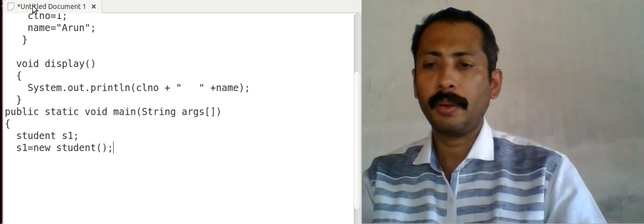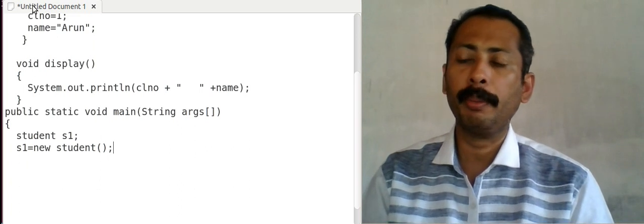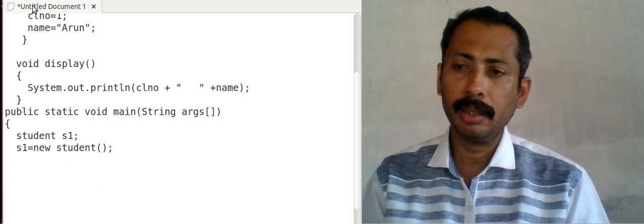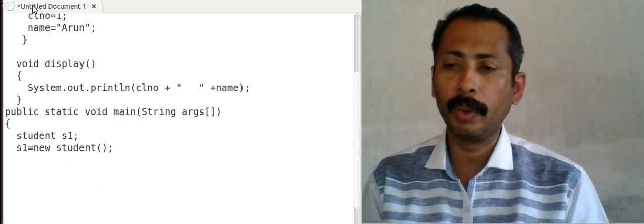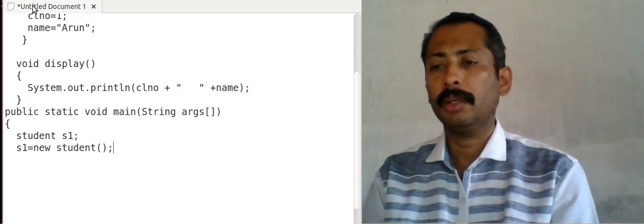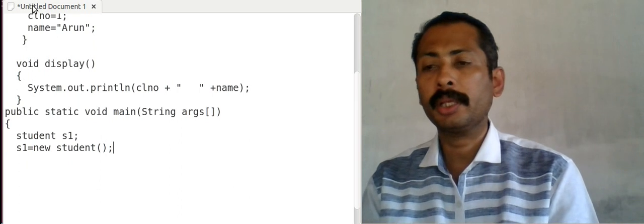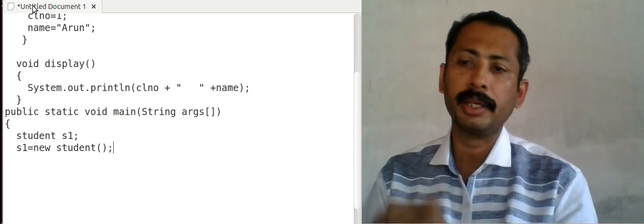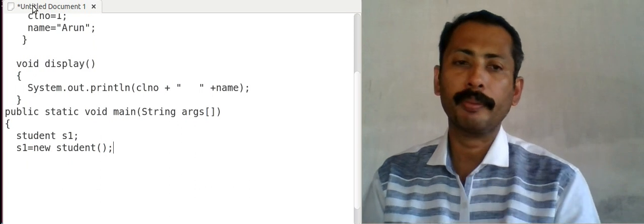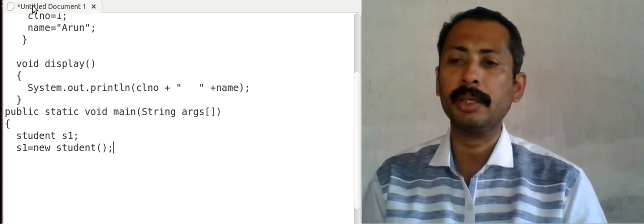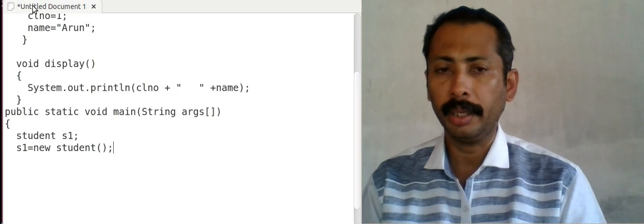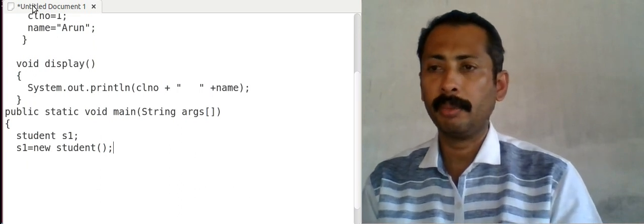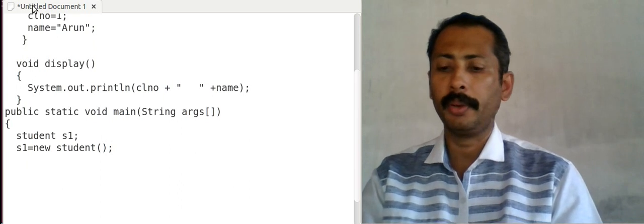This is the method by which we are allocating memory, and during this memory allocation, it calls the constructor also. The constructor calling is also done in this step, equal to new student. At that time the constructor is called, and the values are initialized as class number equal to 1 and name equal to Arun.